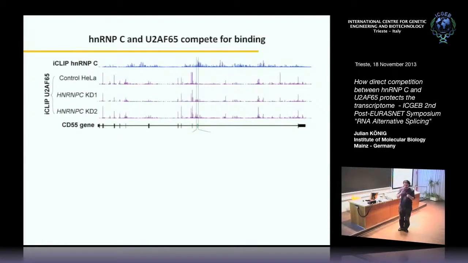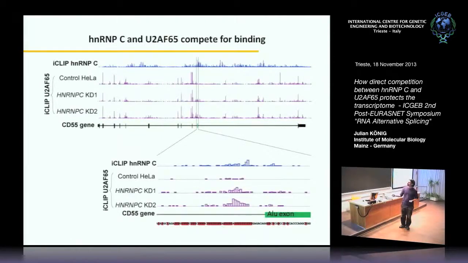Now, in order to understand whether hnRNP affects U2AF65 binding, we repeated these U2AF65 iCLIP experiments in hnRNP knockdown cell lines, so in the absence of hnRNP. And first, globally, we don't see a lot of difference, so all the peaks at the constitutive exons seem to be unchanged. But then when we zoom in here on this ALU-derived exon in this gene, what we see is